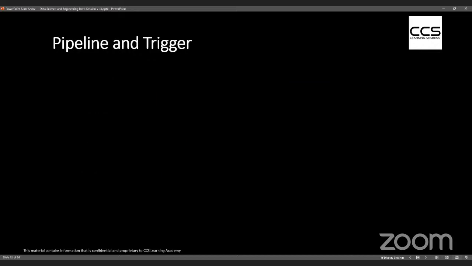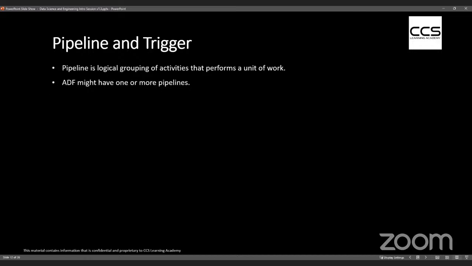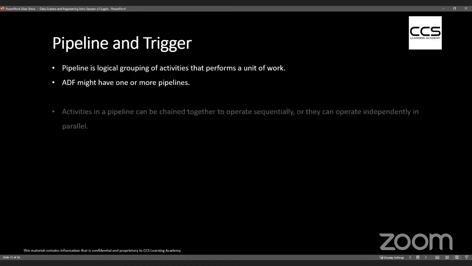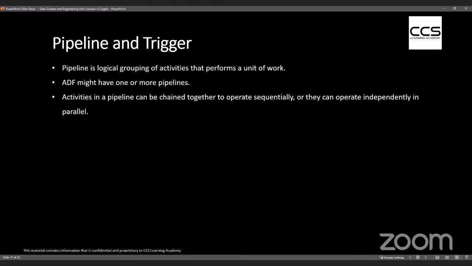That being said, let's go on to the pipeline and trigger, the first component, right? As I said, the pipeline is a logical grouping of a set of activities. And I was talking previously, activities could be anything, right? So for example, if I want to call a SQL routine on a database server from ADF, I will be using simply a script activity, where I will be providing the name of my server and the name of the database which holds that procedure or routine, and the name of